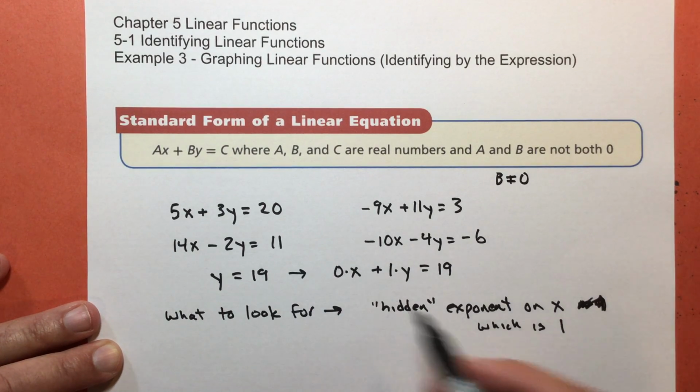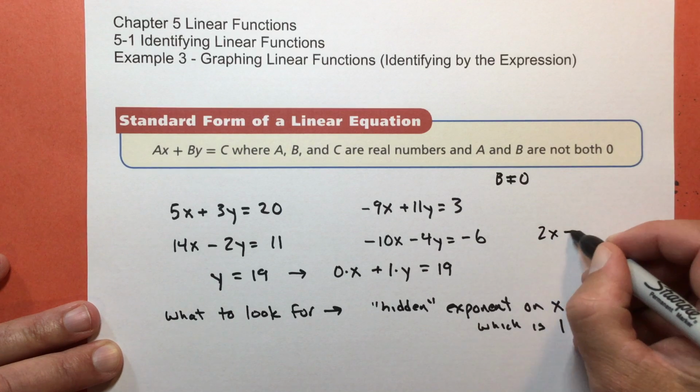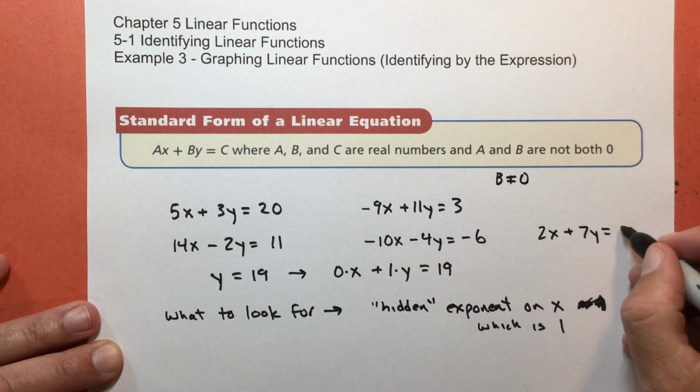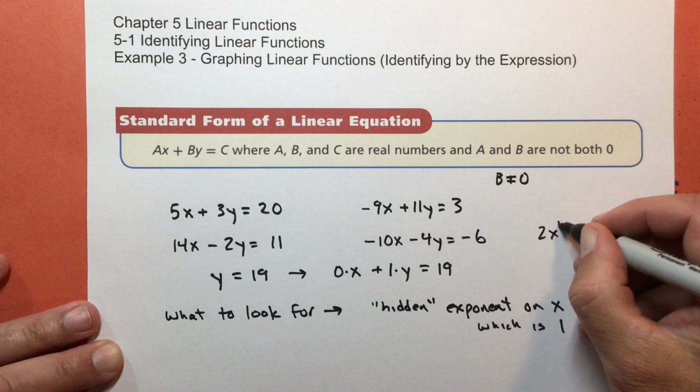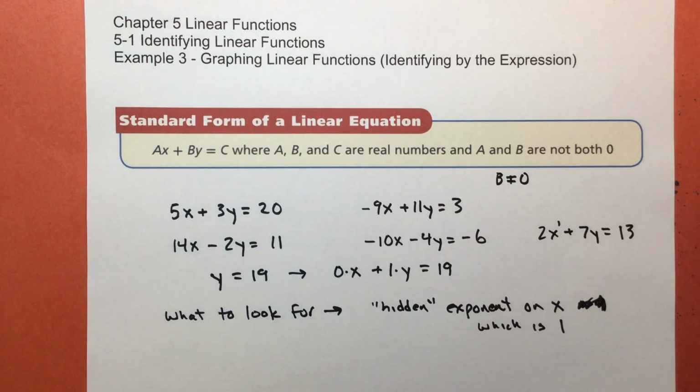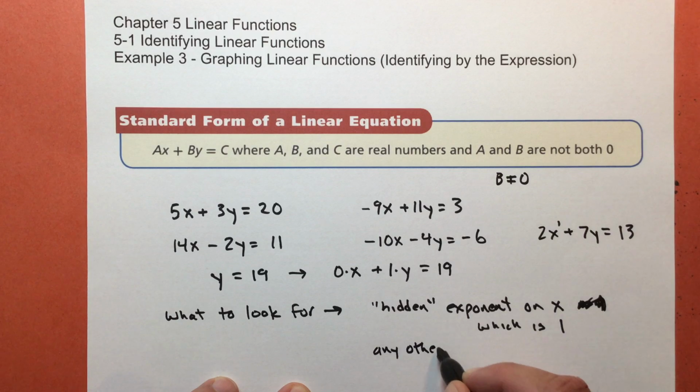So like for all of these, if I wrote 2x plus 7y equals 13, I have an exponent of 1 right there. And I know that that's confusing because we hide it. It feels like we just pulled that out of nowhere, like it's magic. And I'm sorry about that. Because when you learned exponents, hopefully you learned that if you don't see the exponent, that means you've got x to the first power. Okay? So what that means is any other exponent,